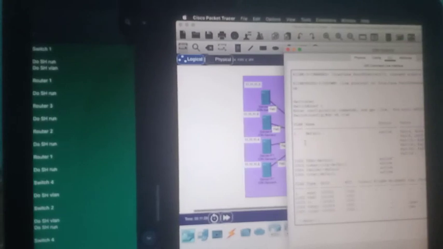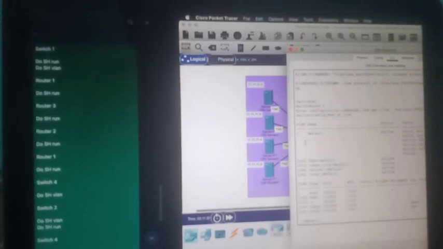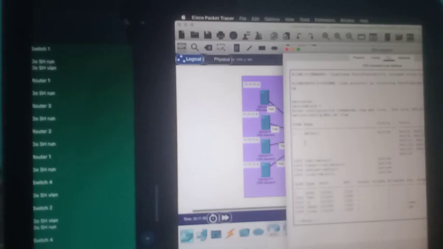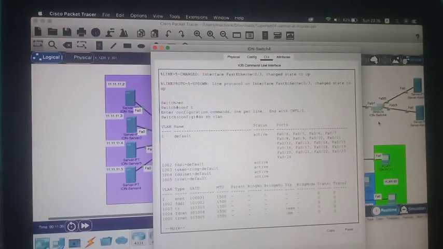Then do show VLAN, and we go next to switch 2.